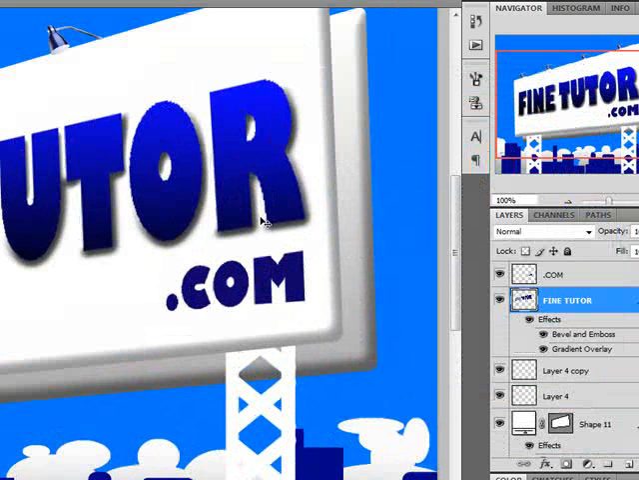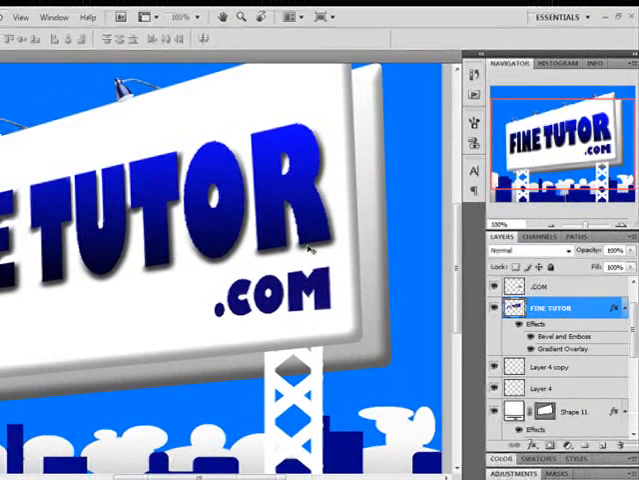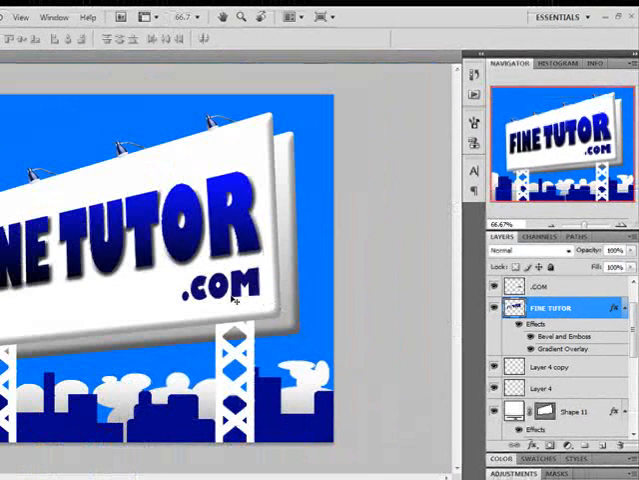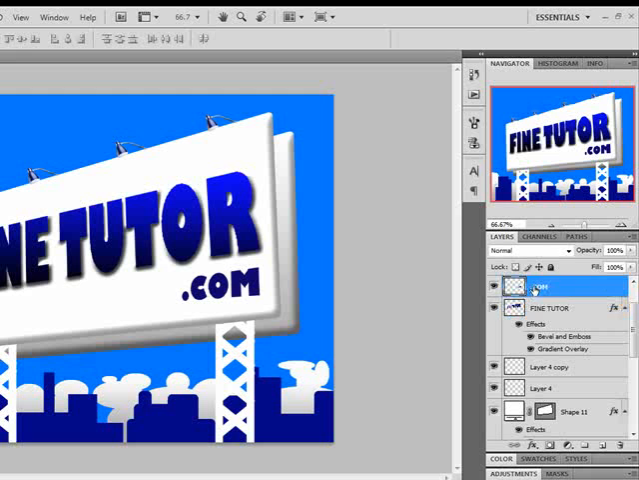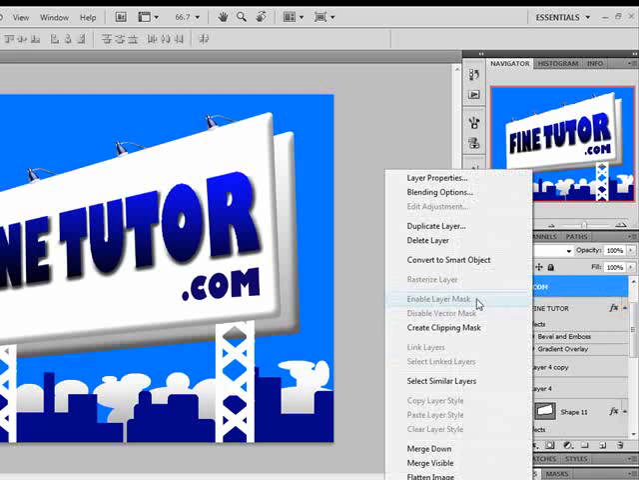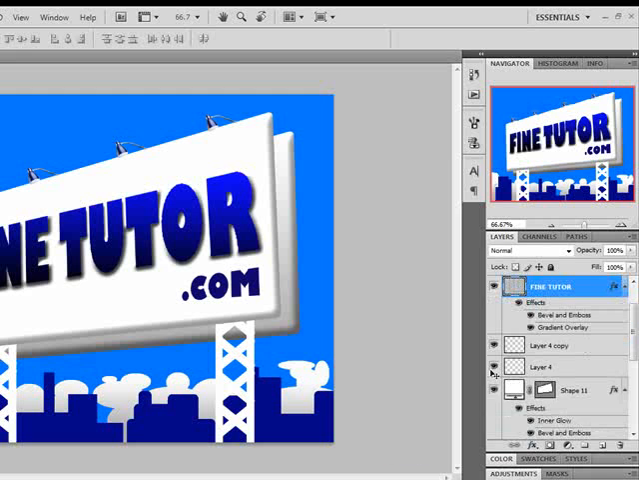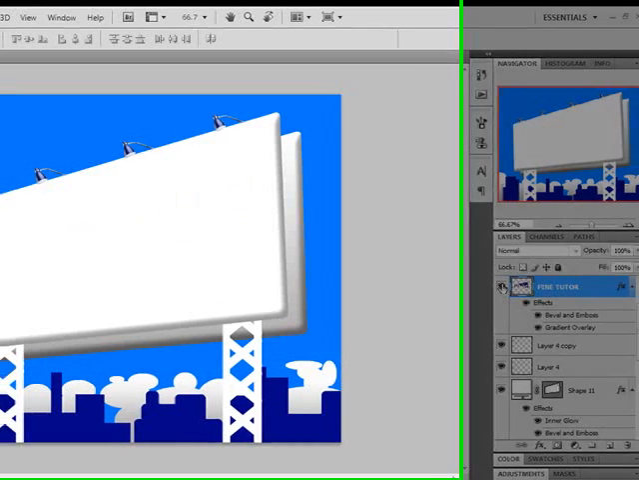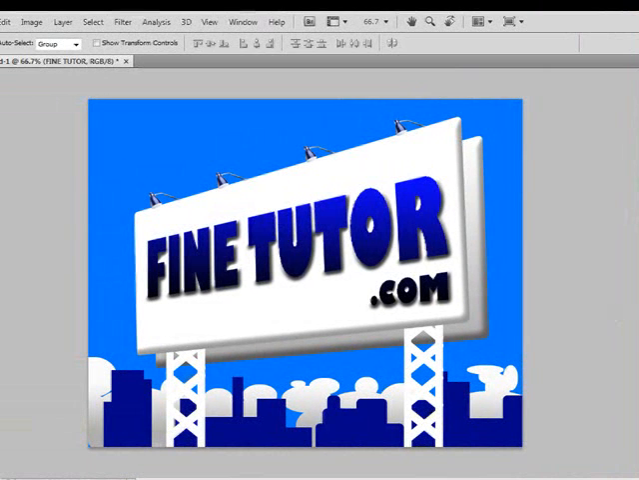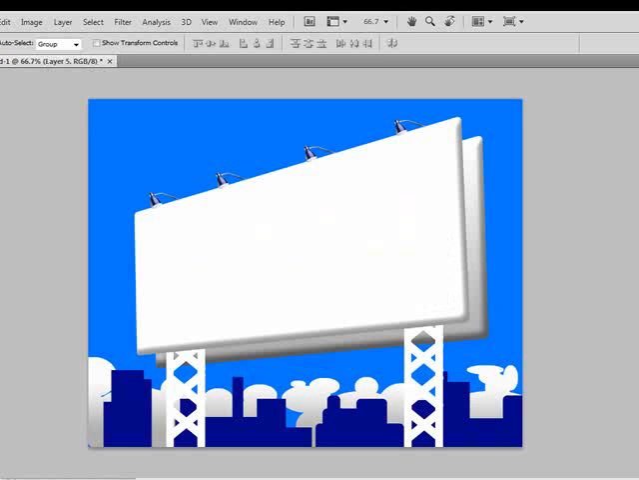Now we will merge the .com layer to our Fine Tutor layer, so the layer style is automatically adopted by the .com layer when it gets merged below. Just right click and select merge down. So here it is. Now we are done with our first animated layer. Now we will hide this layer and we will write some more text on our second layer. Grab the text tool, click on here, and now what I'm writing is